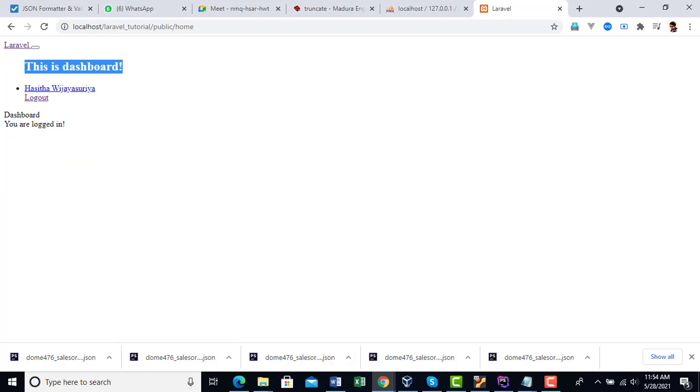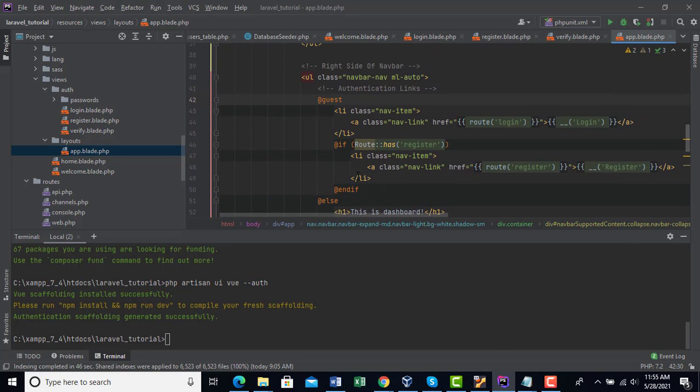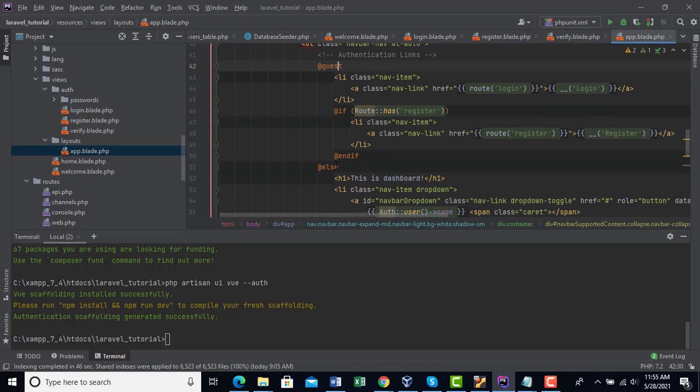I will explain these blade templates and updating blade templates in future.